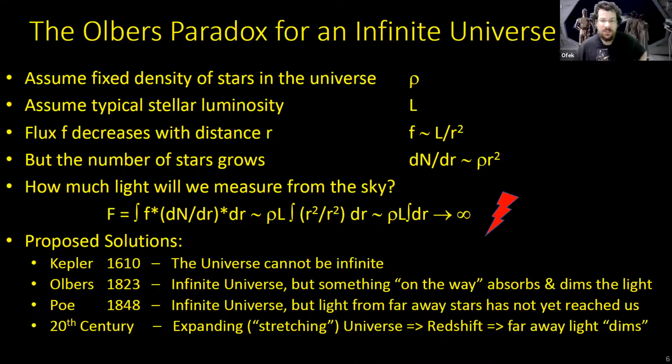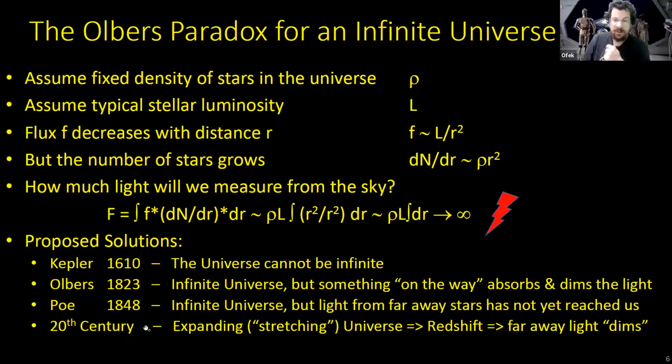So at the time, it was accepted that the universe was quite young, and they already knew the speed of light, by that point established as about 300,000 kilometers per second. So Poe said, sure, the universe is infinite, but the light has not reached us yet. Today, this kind of explanation wouldn't fly because the universe is billions of years old, and we do think the light has had a lot of time to reach us. And today we see things that are billions of light years away.